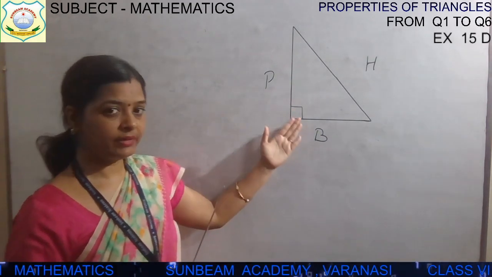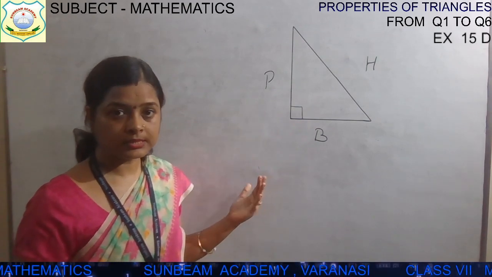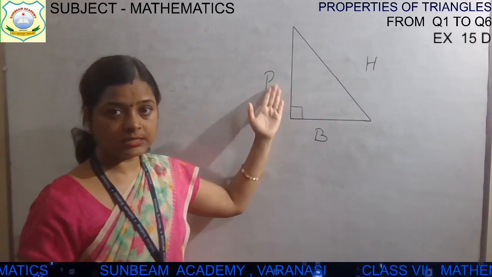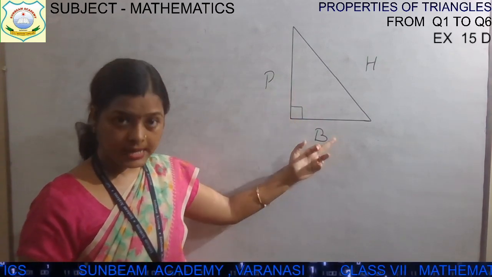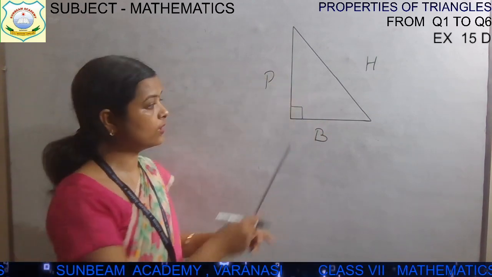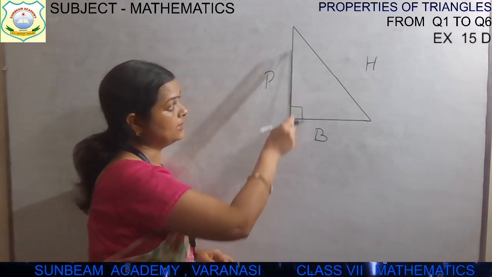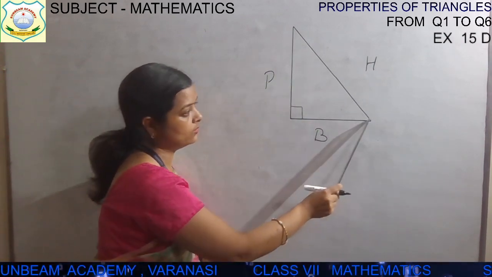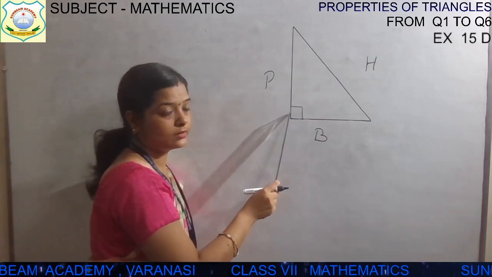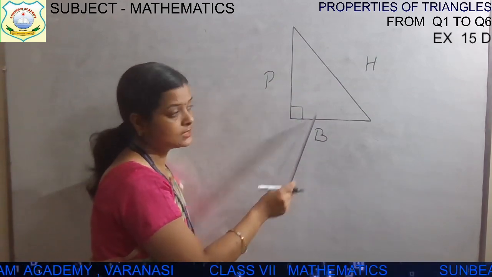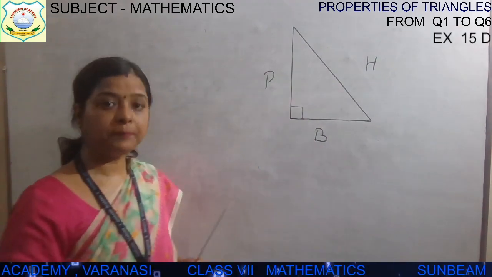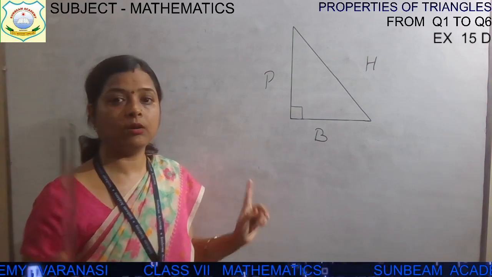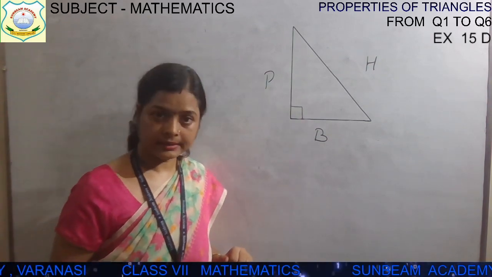So if you have a right angle triangle, how can you explore the sides? By naming them. You can choose the sides which make 90 degrees as legs, or you can call them base and perpendicular, making 90 degrees on this base. This line is making a perpendicular. So this is the perpendicular side, this is the base, and the third side is the hypotenuse side, and always it will be the longest side if you have a right angle triangle.